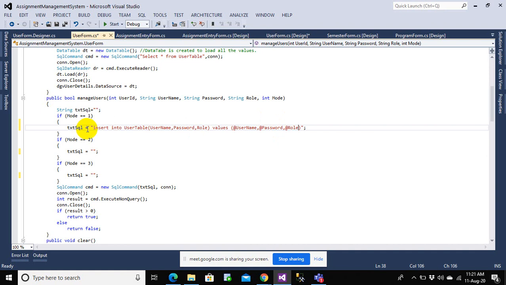So this is what we have done in a stored procedure, everyone. This is exactly the way we have done in a stored procedure, where you used to provide the parameters in a very similar fashion.